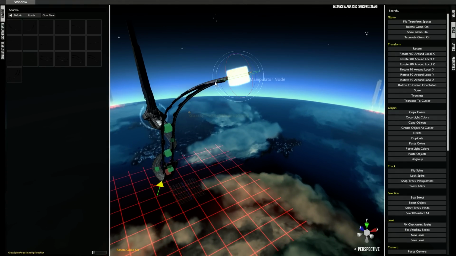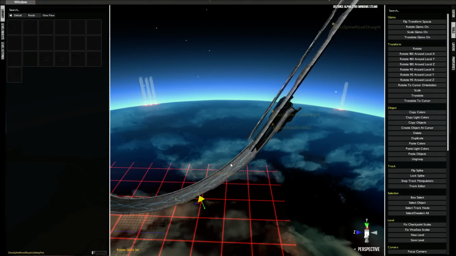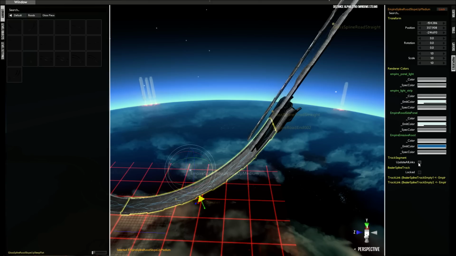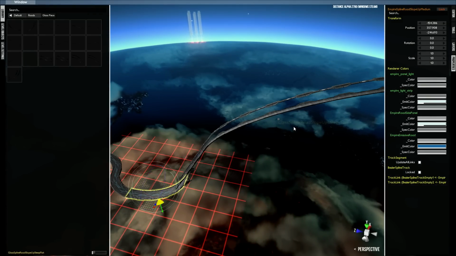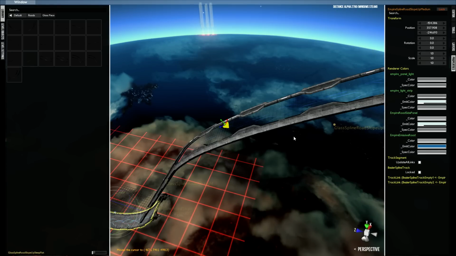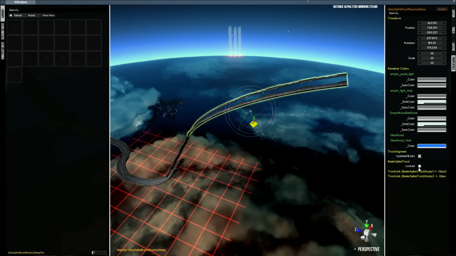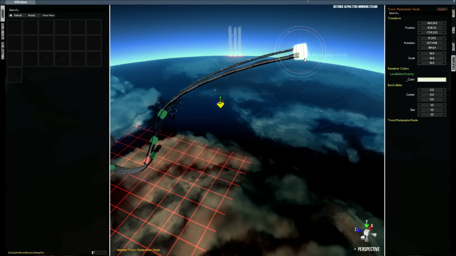And also twist. Another thing, this is the piece that I morphed. You want to lock it after you're done. You want to update all link and then lock after you're done messing with the morph. So now I want this piece to turn, so I want to uncheck these, click on the node, and I